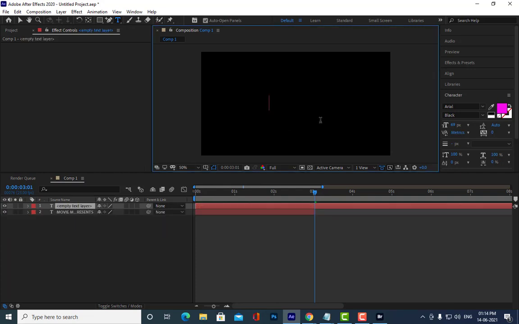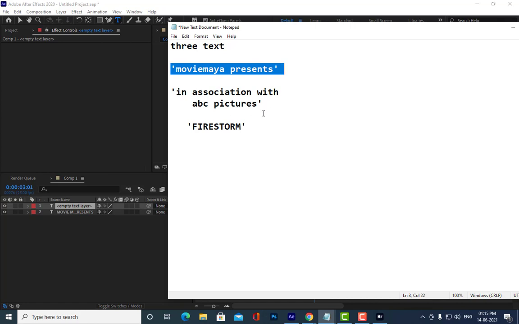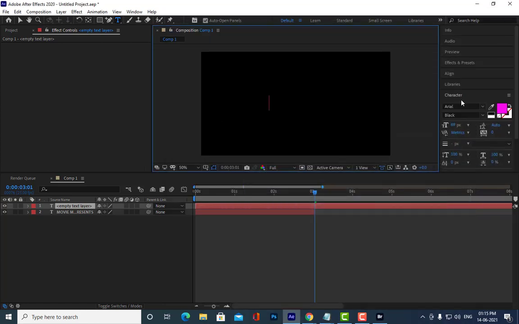And then see here, I have taken one more layer. And then what is the next thing here? In association with ABC pictures.